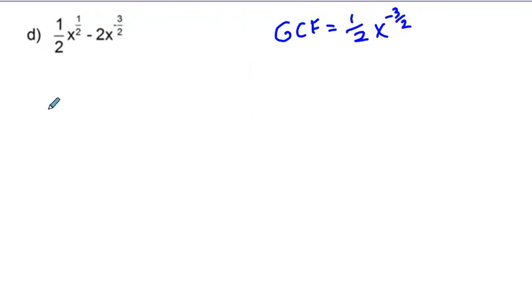So that's going to be our greatest common factor. So let's write this out here. We're going to have 1/2 x to the negative 3/2 power,